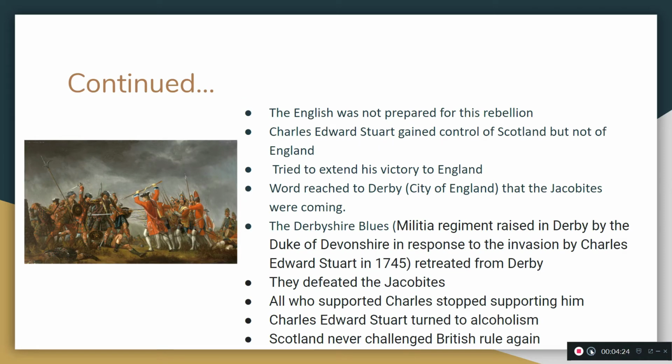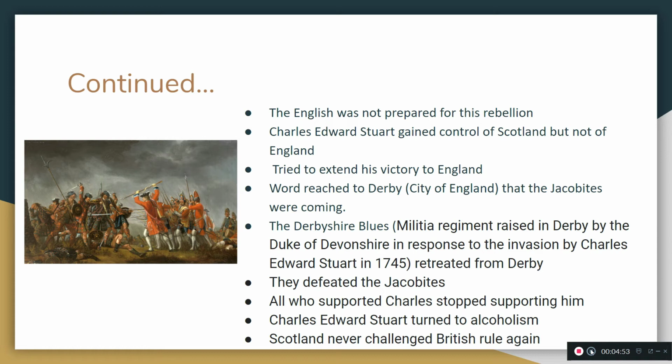So the English were not prepared for this rebellion of the Jacobites, and Charles Edward Stuart gained control of Scotland, but not of England. He did want to try to extend this victory to England, but word reached Derby, which is a city in England, that the Jacobites were coming to try again to gain England for Charles Edward Stuart. But there was a militia called the Derbyshire Blues,